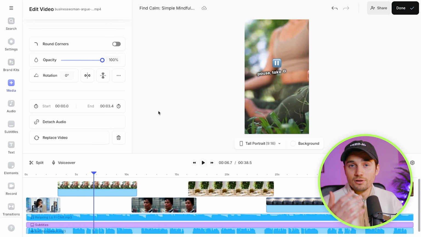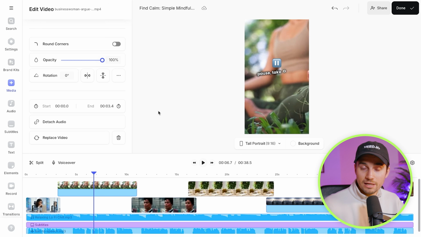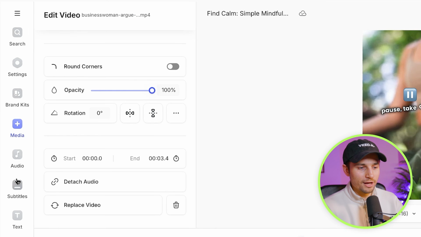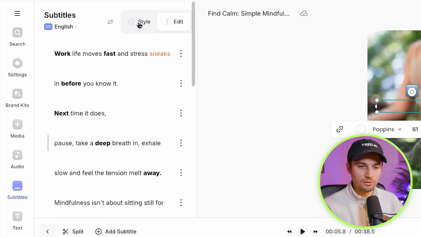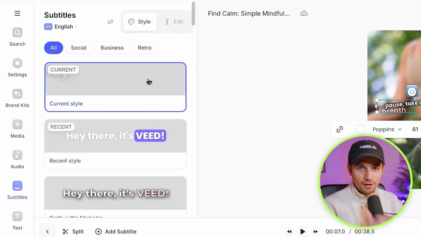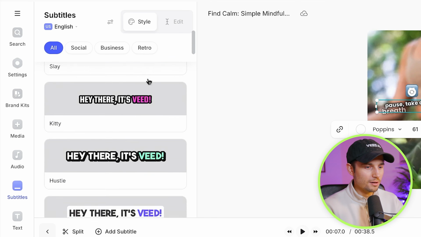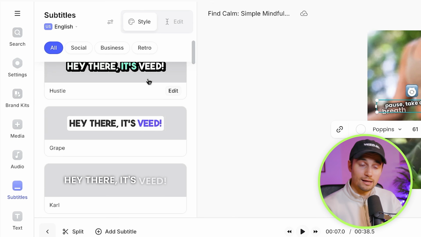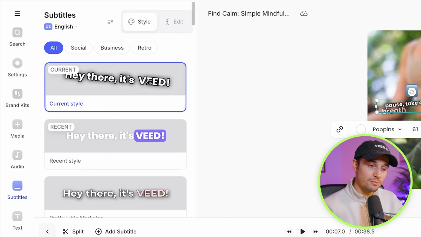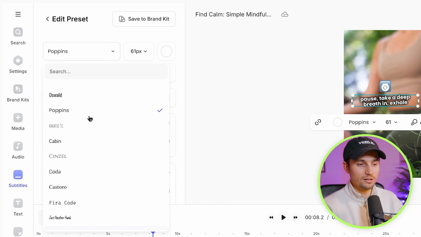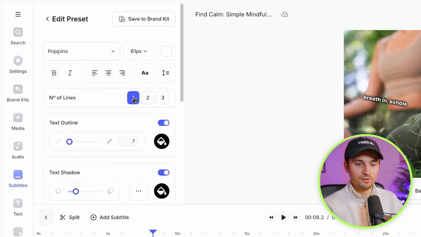Or like I said before, you can also tweak the subtitles a little bit more. For instance, if you have a custom font for your business or maybe even a color palette, you can also upload it in VEED and use it for your subtitles. So in this case, we're going to head over to Subtitles and head over to Style. As you can see, there are a lot of different presets here. There are also a few that we saw before while creating this video. But yeah, just choose whatever you like. And in case you want to really customize your subtitles, you simply click on Edit. So right here, you can easily change the font, the sizing, the colors, the amount of lines even.